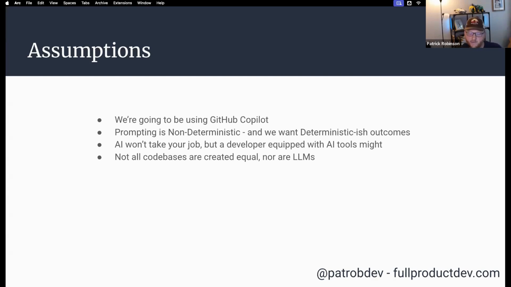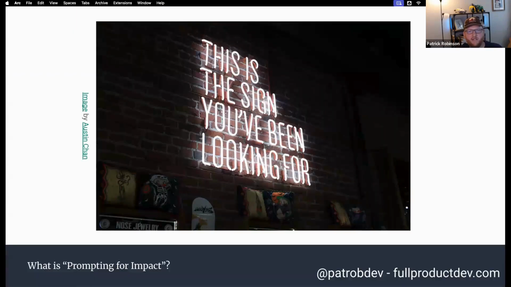So there's just some assumptions that I wanted to lead off with. So let's jump right into what is prompting for impact. When I first approached learning as much as I can about using AI for good and